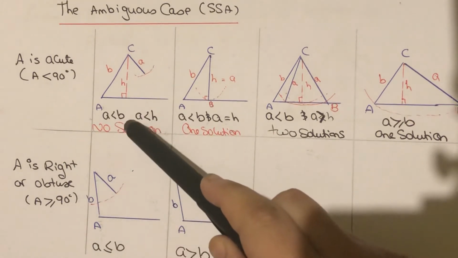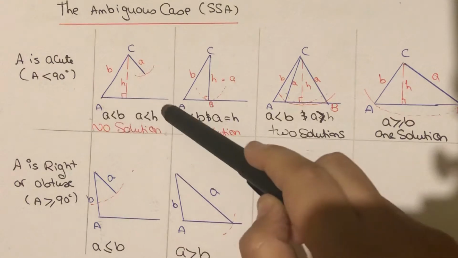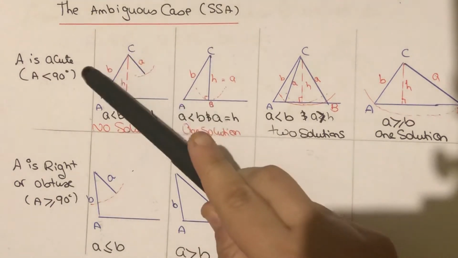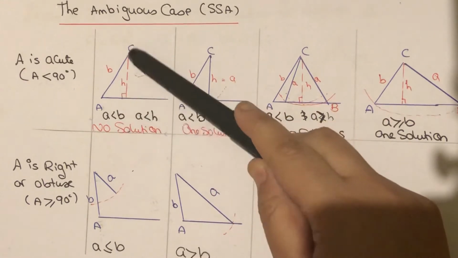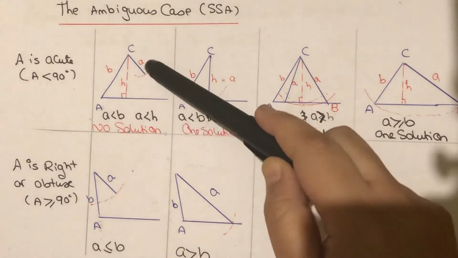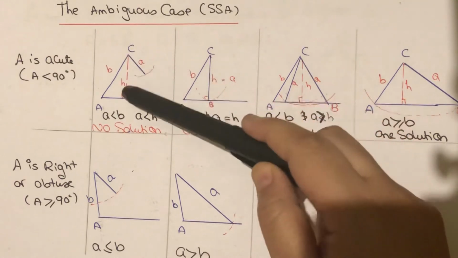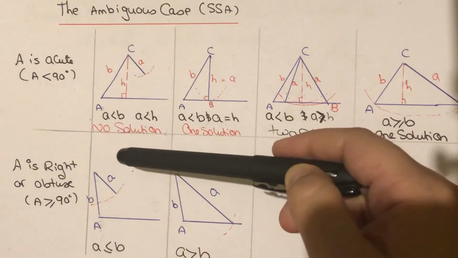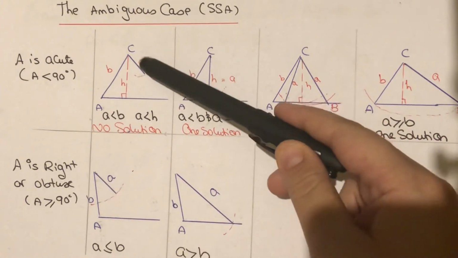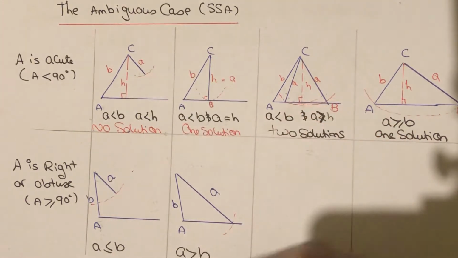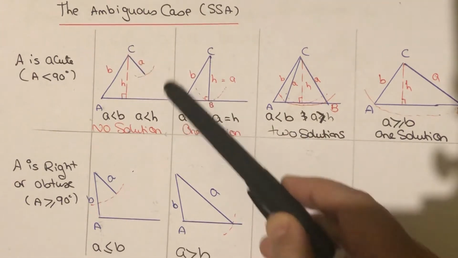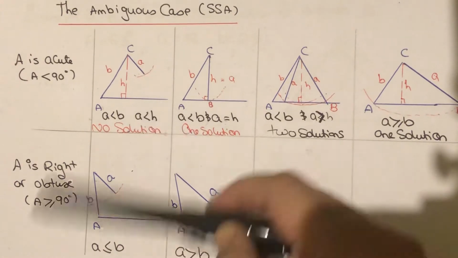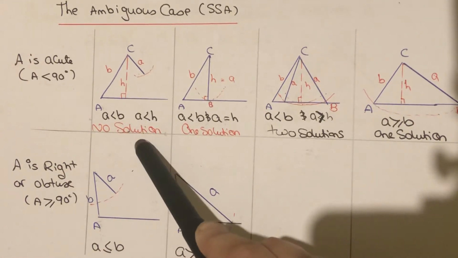The first case: if I have a triangle ABC, for example, and they gave me that the length of A is less than B, I will have to calculate H as well to see if A is less than the altitude here, which is H. No triangle can be formed by any means over here because this side cannot be less than H. Because I want to extend it down here, if I swing it here or there, it will never intersect the base of the triangle. So this case is a no solution.